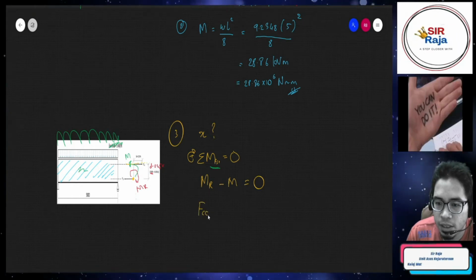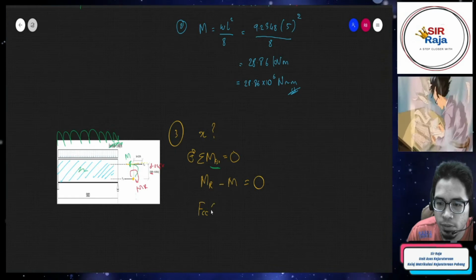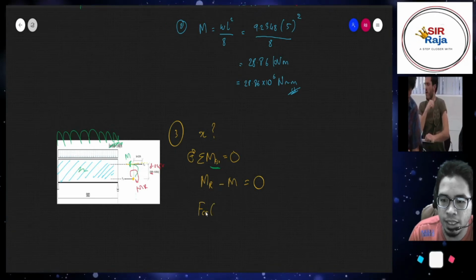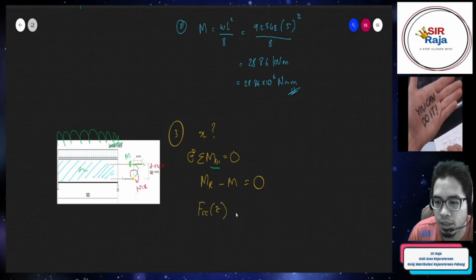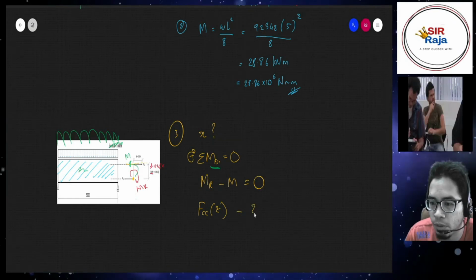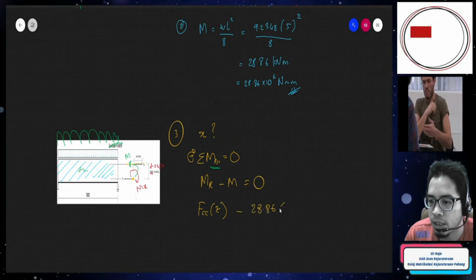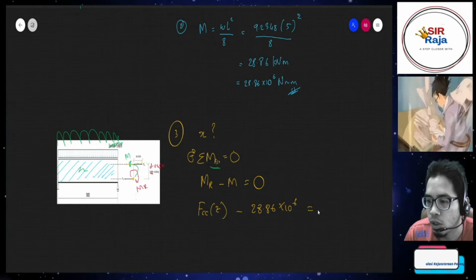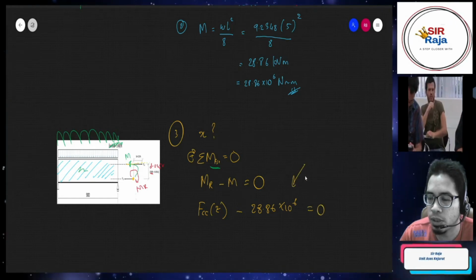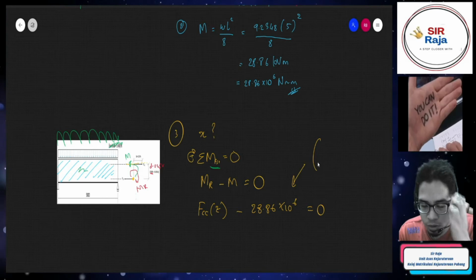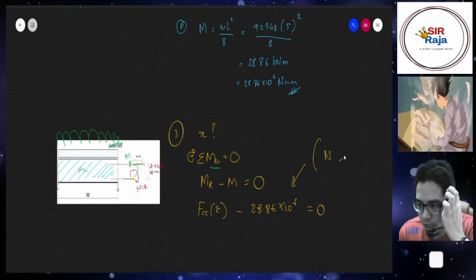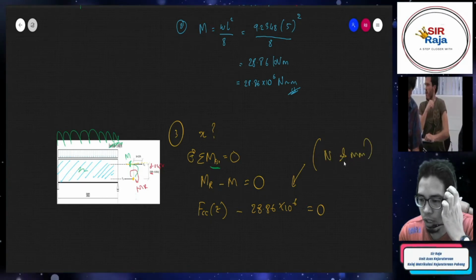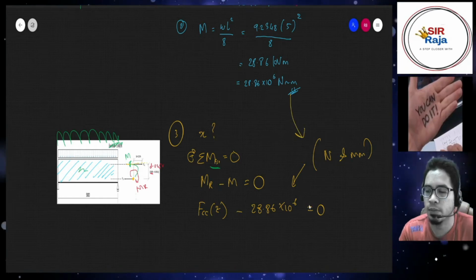FCC times with the Z here. So just going to put Z, and minus with the M, which is 28.86 times 10 to the power of 6. What we really want to understand here is that we want to solve this question in Newton and mm. So that's why we want to change this. Okay,